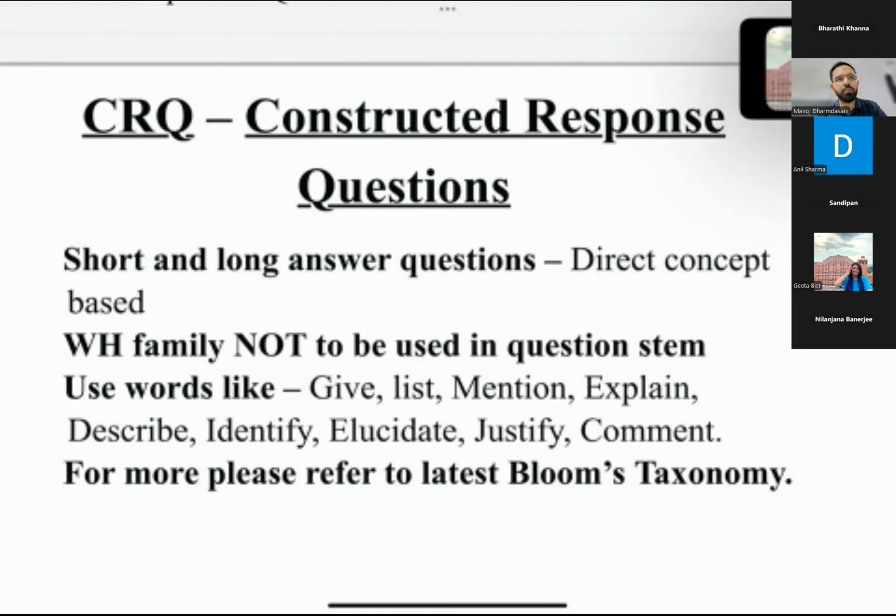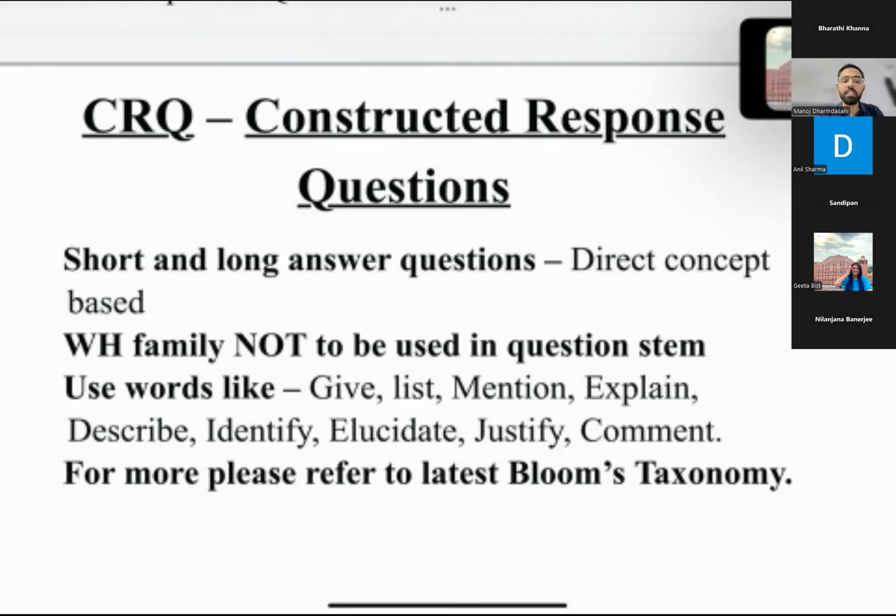What are the responsibilities of consumers? It could be anything, but it would be direct only. It is not going to be a case-based or a complex question. It will be direct, which is related. Just in a while, I'm going to give you this CBSE blueprint category, that how much marks this category consists of. So we have to also adhere to that particular category.